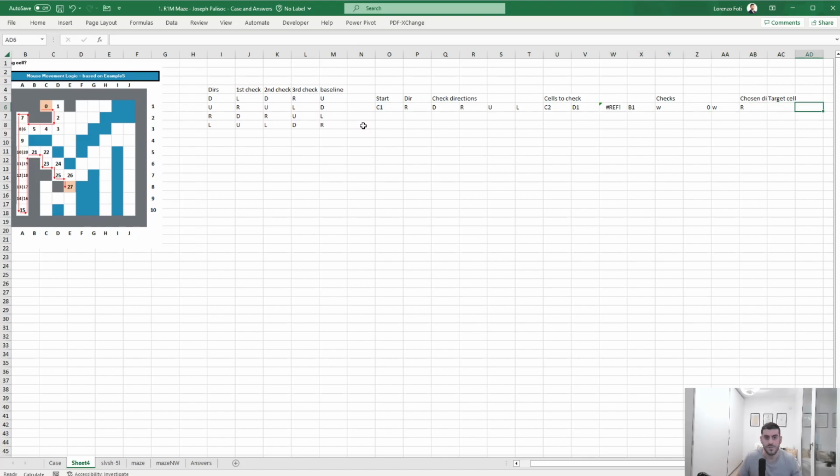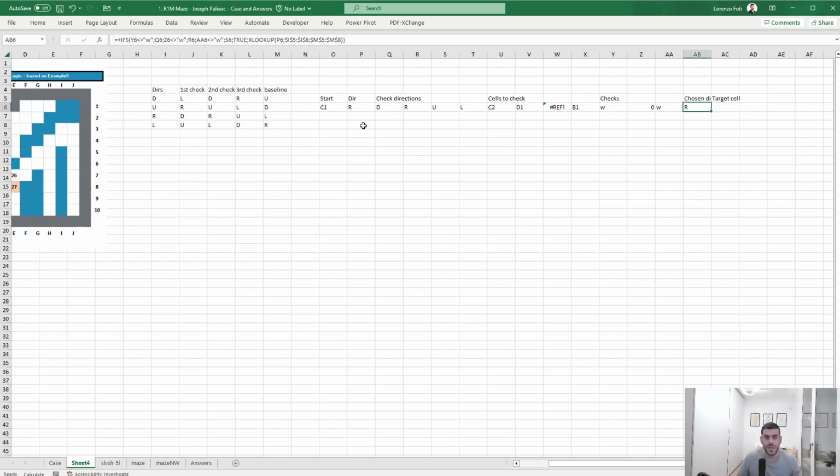This will be always valid. The checks will be like this, and the chosen one will be this, and the target cell, I'm going to match this into this,